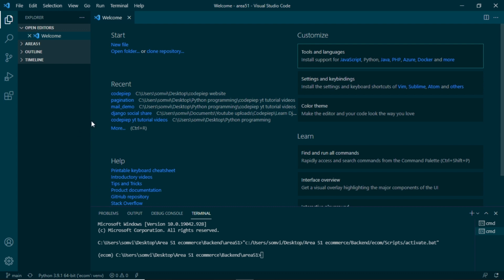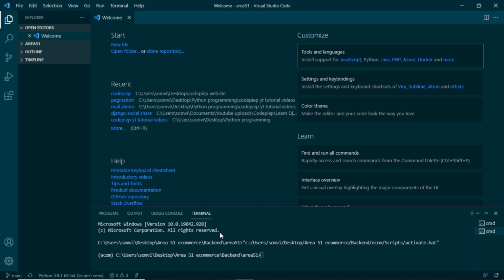Now whatever code we are running in our VS Code, it will run in this virtual environment. So these two are the ways in which we can set up the interpreter or virtual environment in VS Code. So summarizing what we need to do to initialize VS Code, we can change the color theme, we can install language support, we can install extensions, and we can use virtual environment for our Python scripts or any other language.